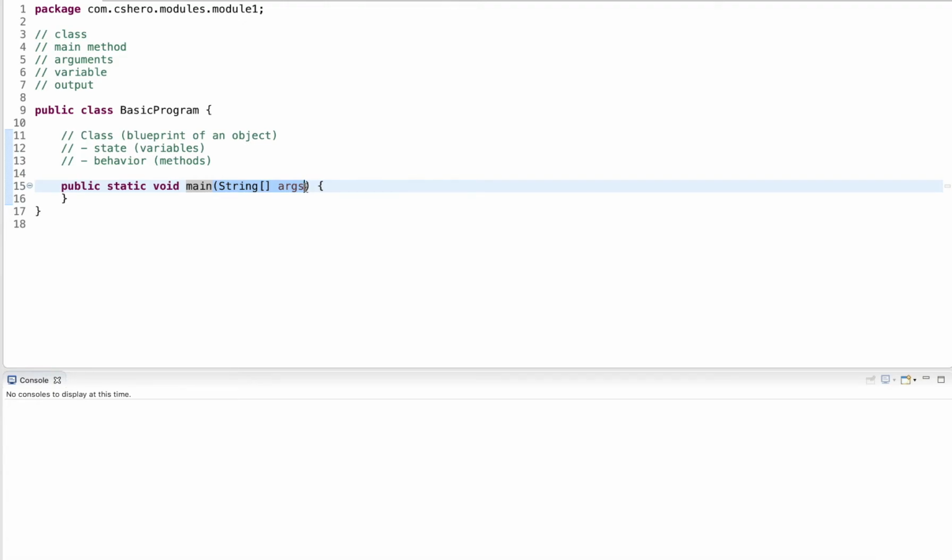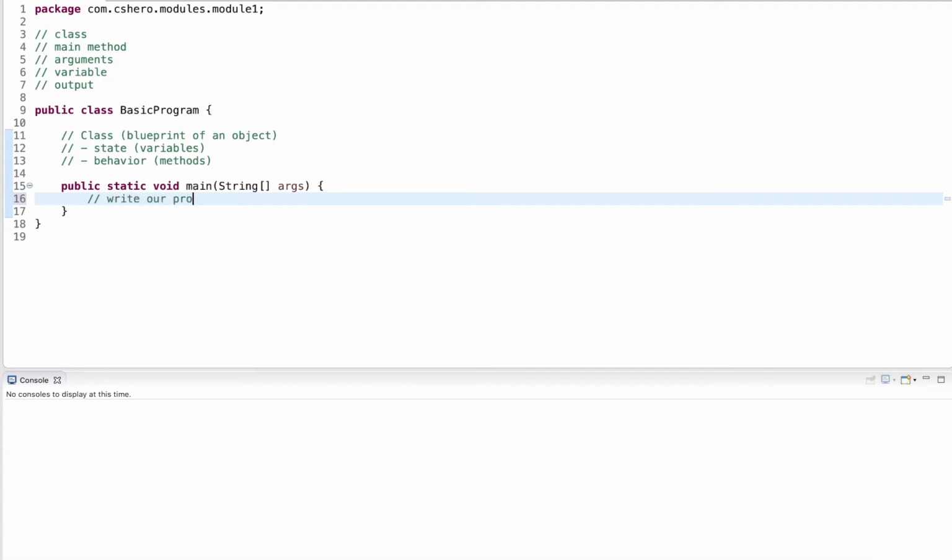This is information we can give to the program. I'm going to show that in a moment. Now anything here in this code block is the method body. This is where we write our program. So any program we want to write, this is where the statements go, and that will be executed.